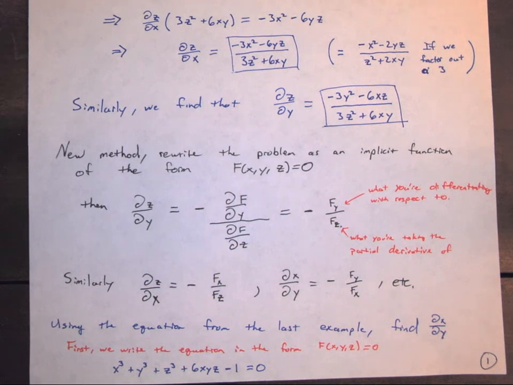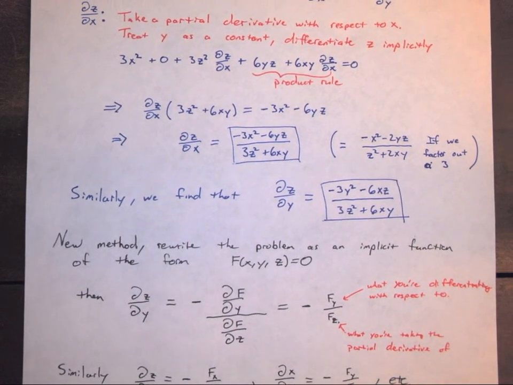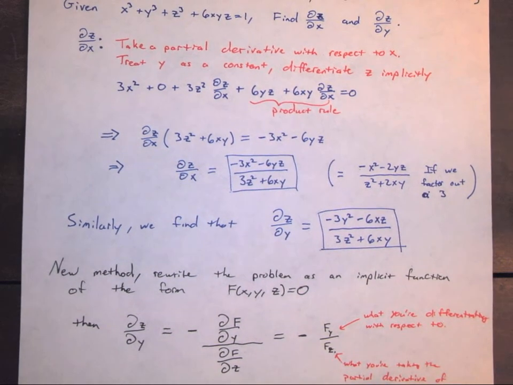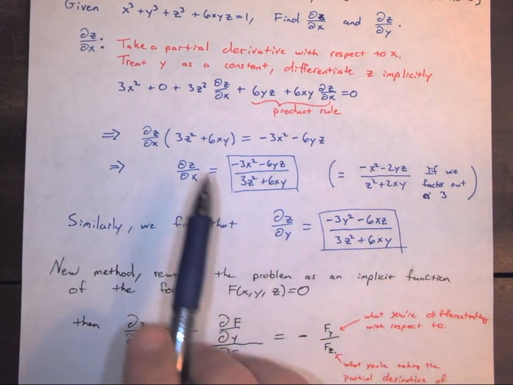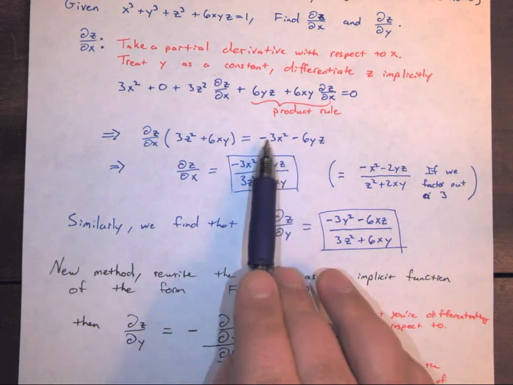Now before we go back and do this example again using this new method, let's just get an idea of how that works. Is this different from what we did before? And it's really not. Because if you look at what we did up here, basically these terms that I've gotten